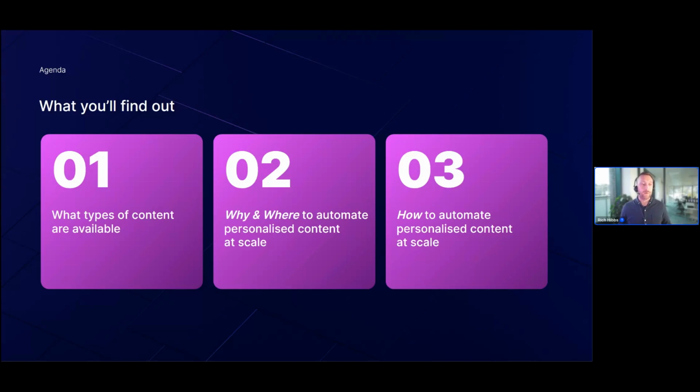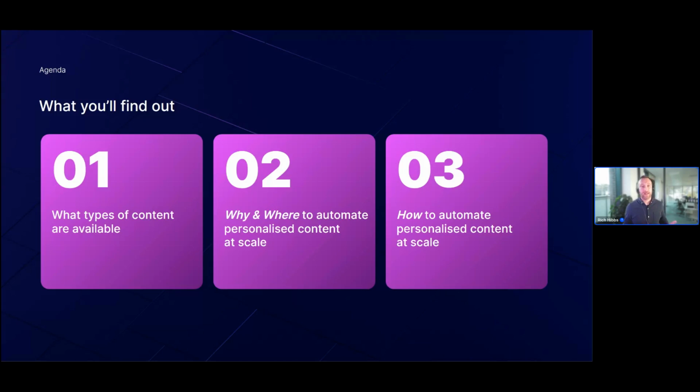We'll also look at why and where it's important to personalize content at scale, and it's not just taking my word for it, but basically why it can have a very positive effect on your revenue. It can reduce your costs as well. It can improve your customer experience greatly, but also it's very much a customer expectation. It's what we're seeing from our day-to-day, but also from external studies. We can see that customers are starting to expect a personalized experience, and this tool can really help you deliver that. So we'll look at that in more detail.